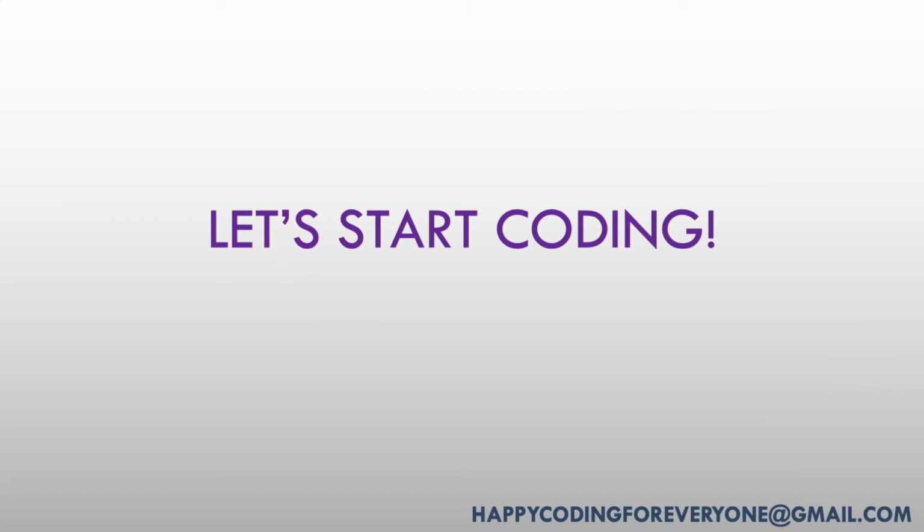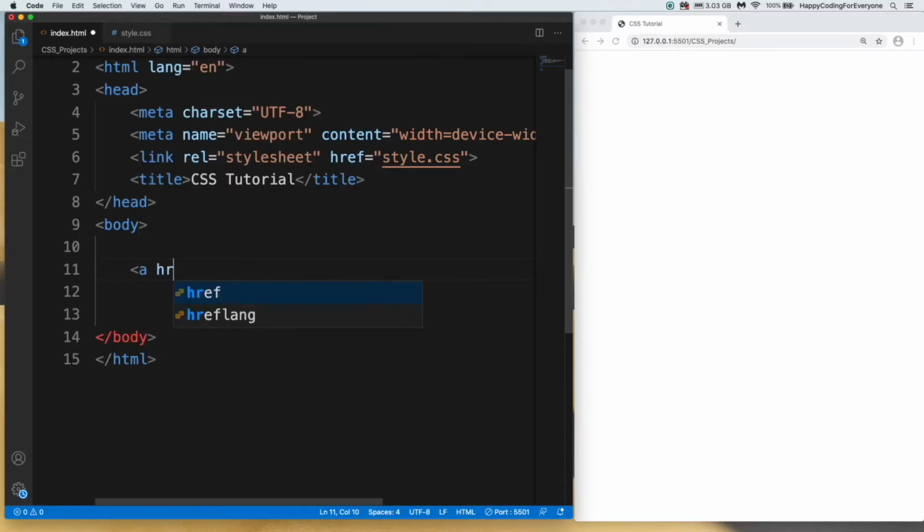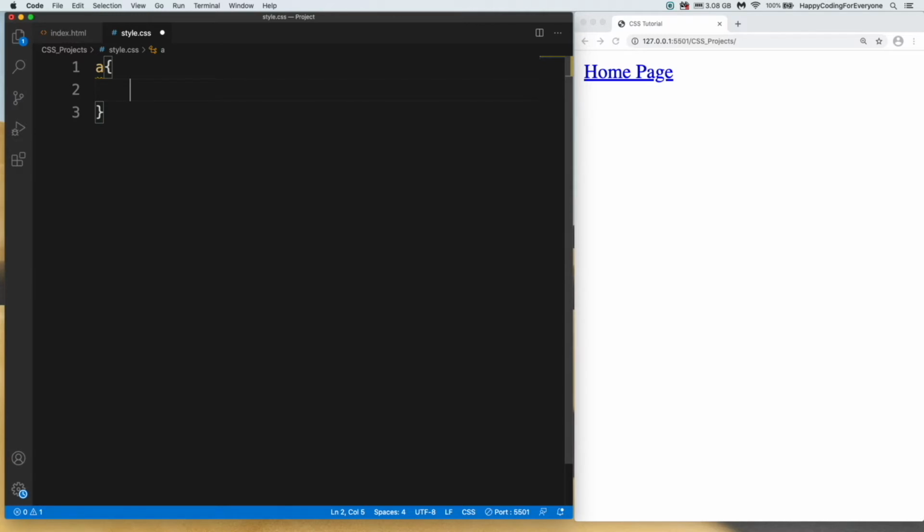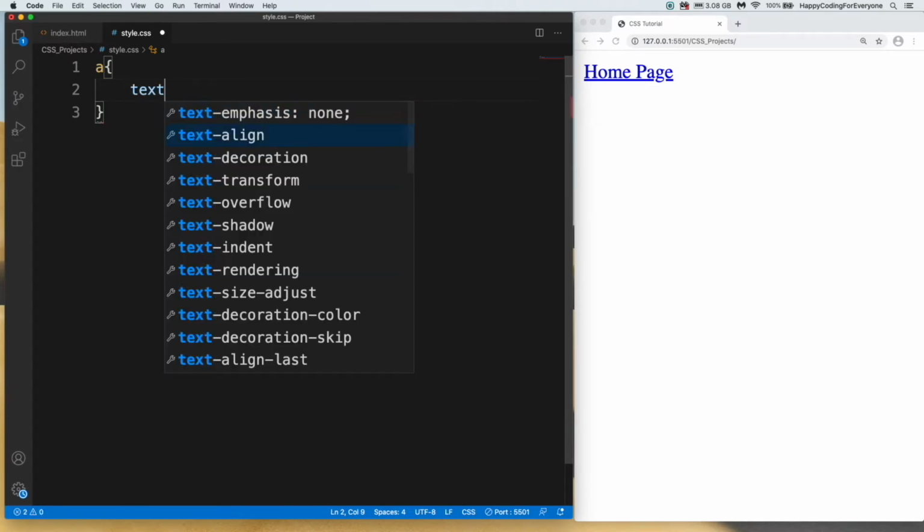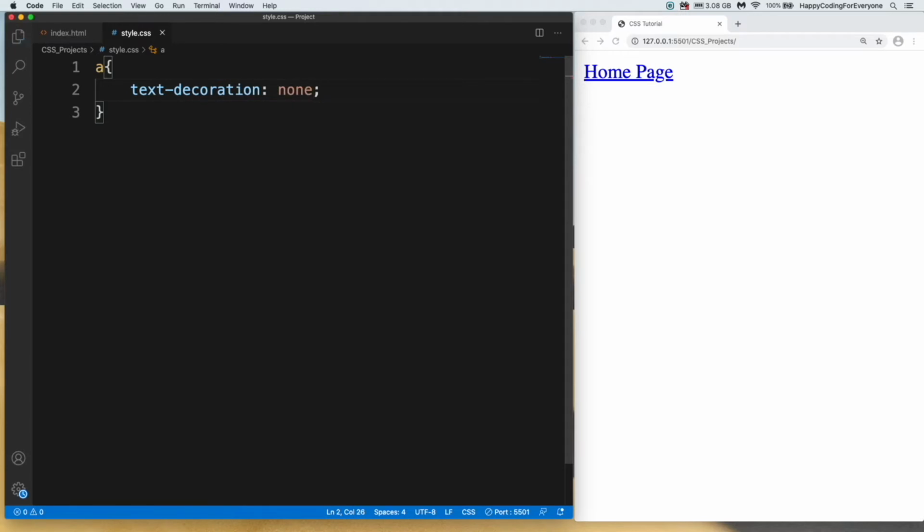Let's start coding. Let me create a link and let's save it. I'm going to assign some style to make it better. A tag, then let's remove underline from homepage. Text decoration none, and save it. You see? Removed it. Let's change color